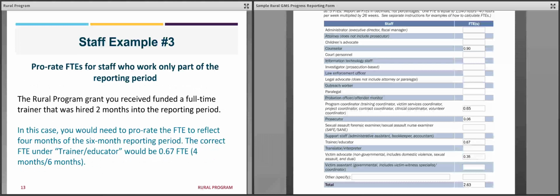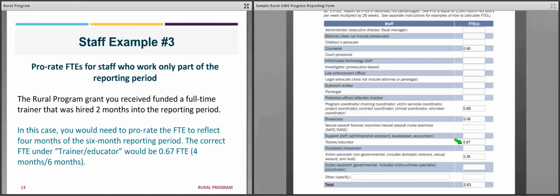In our third example, we're trying to demonstrate how to prorate FTEs for staff who work only part of the reporting period with rural funds. So say the rural program grant you received funded a full-time trainer that was hired 2 months into the reporting period. So in this case, you would need to prorate the FTE to reflect 4 months of the 6-month reporting period. The correct FTE to report under the trainer educator category would be 0.67, which is